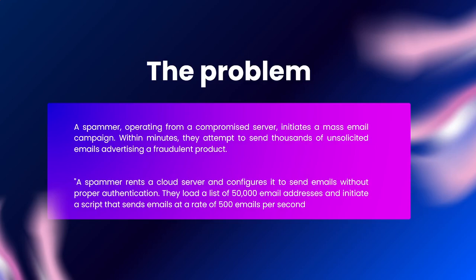One can happen in your internal organization: a server can be compromised. Once it is compromised, maybe it initiates a mass email campaign. Within minutes, the outbound flow is flooding this mass email to outsiders. They will attempt to send thousands of unsolicited emails advertising a fraudulent product. Then your legitimate email flow will be interrupted. Maybe